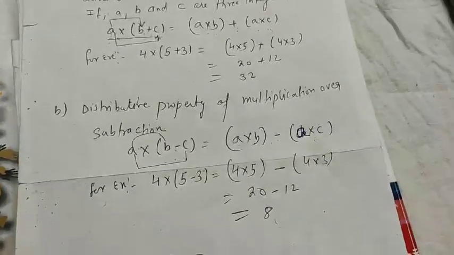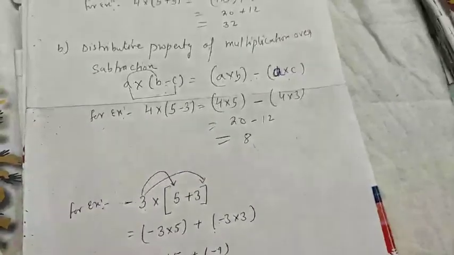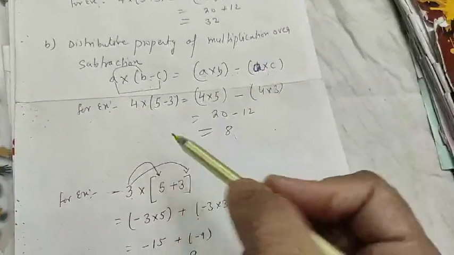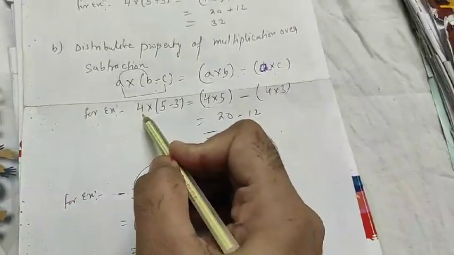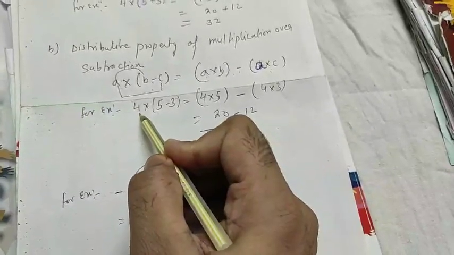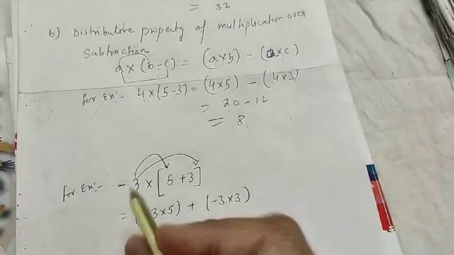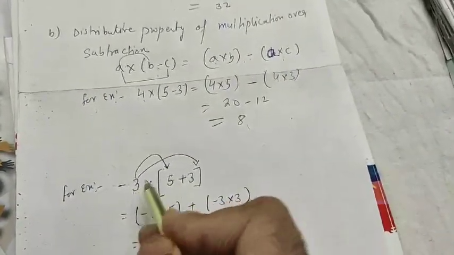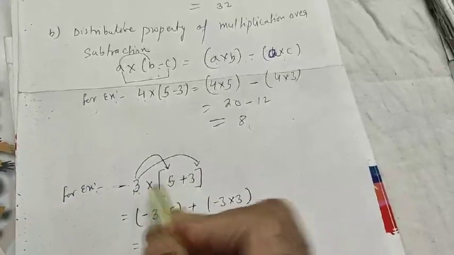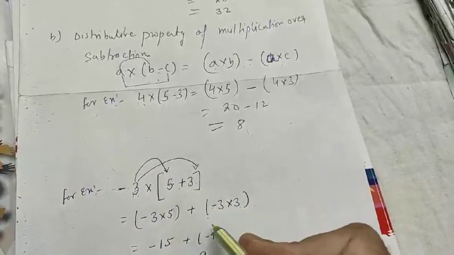Clear? Hope you understood this. One more example if you want to see. This first integer can be negative also. Rule will remain same. That means first these two numbers will come in bracket, then second these two numbers will come in bracket, and this sign will come at the center.